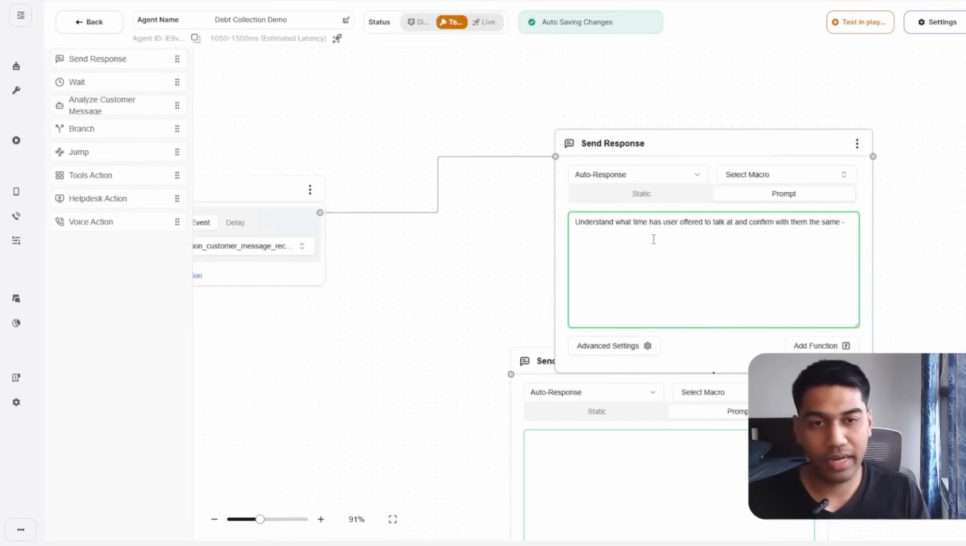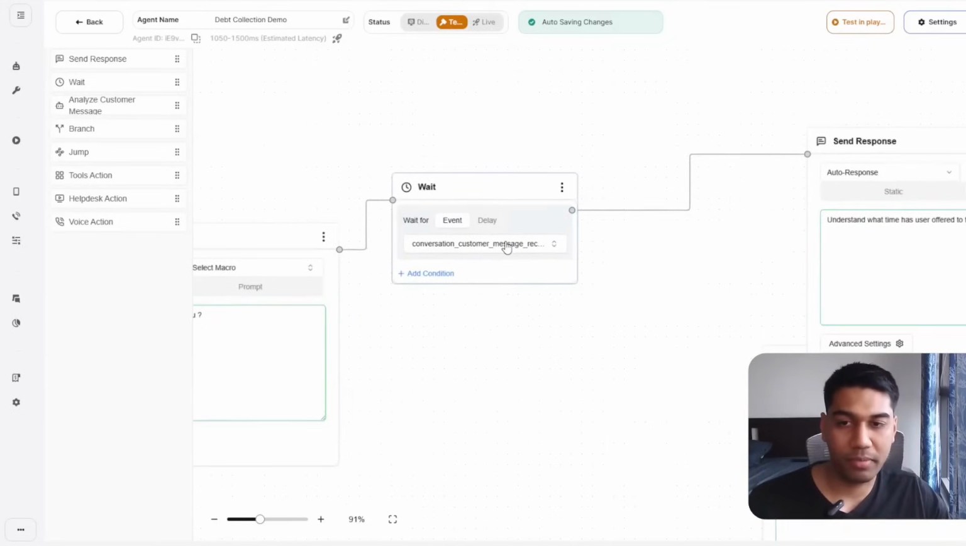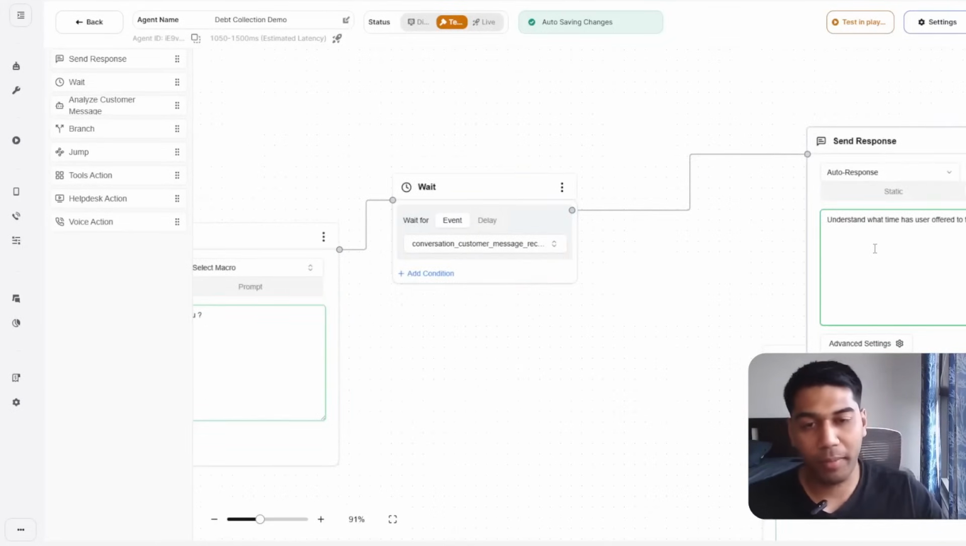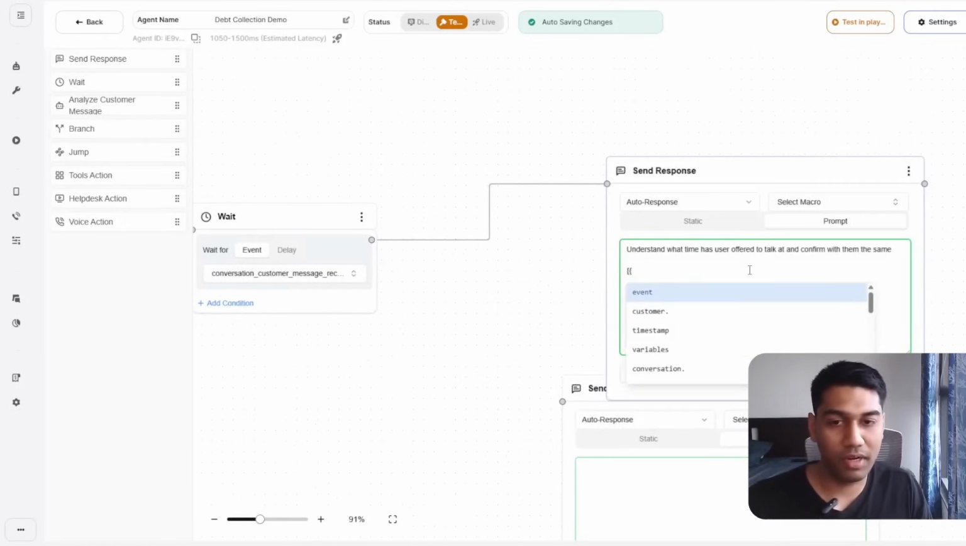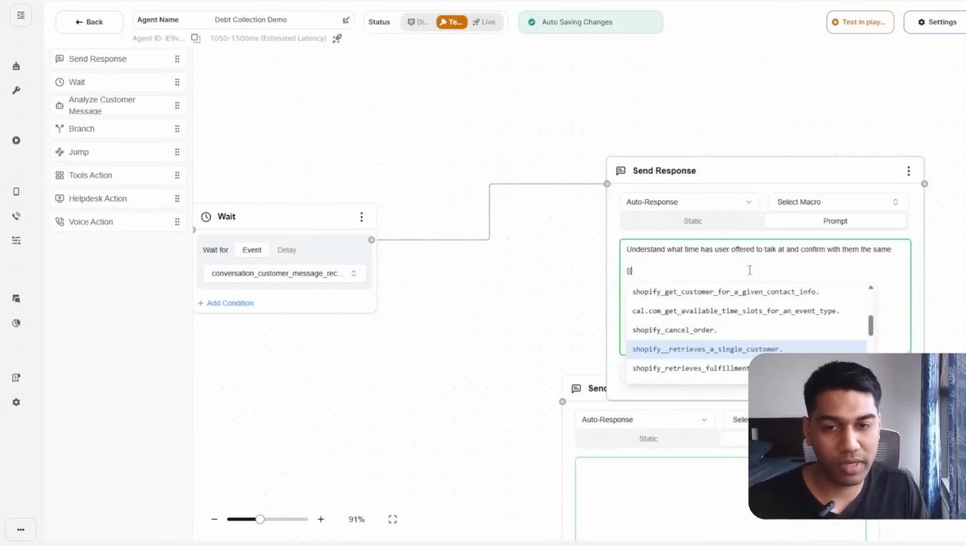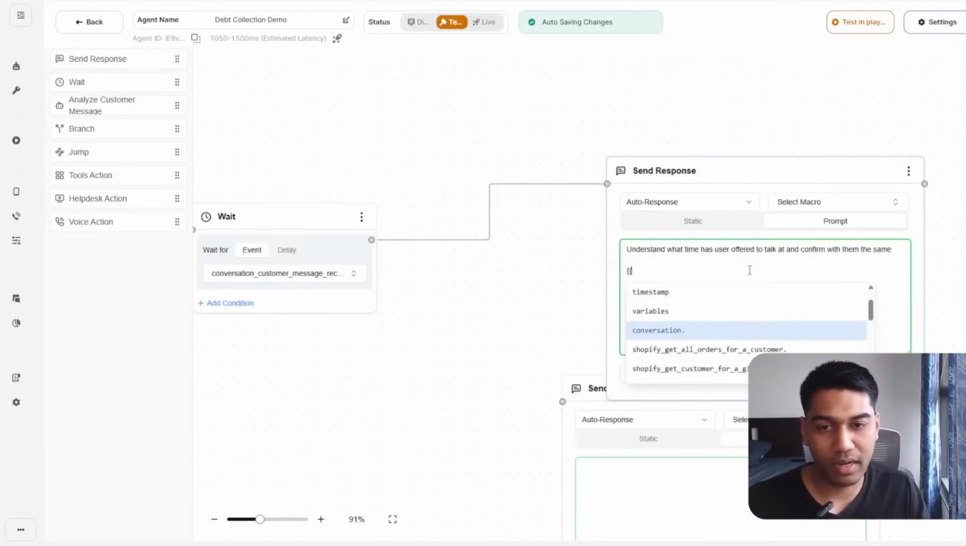So here technically I'm going to show you a cool trick that we're going to use, because right now the prompt that is here needs to know what the customer message was, right? So we're going to come here and click the left curly braces, and you'll get all the options here, right? So we're going to simply select conversation, we're going to select customer, and we're going to select